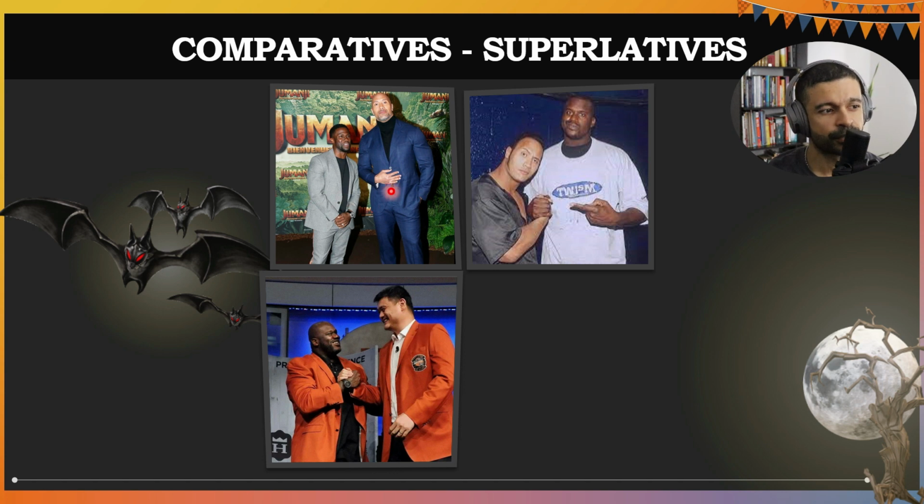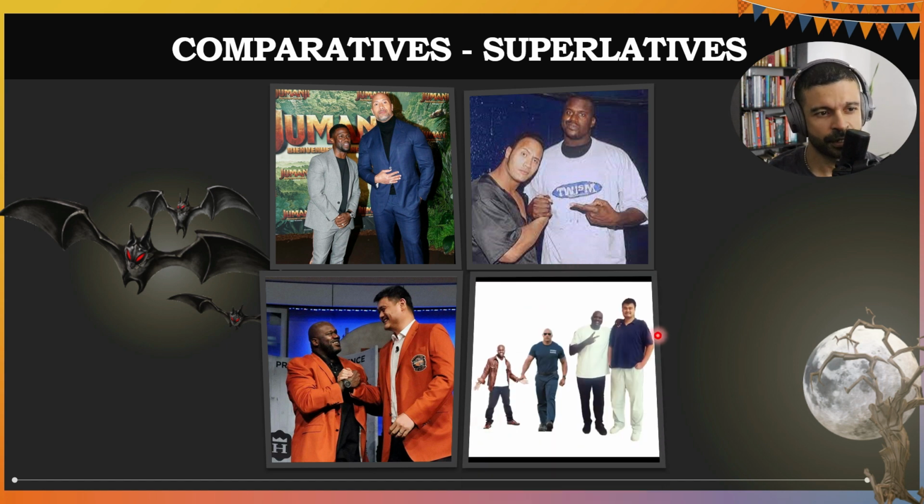So as you can notice, there is always a bigger fish in the sea. And here, if I would like to compare this guy against the other ones, I would have to use a superlative, and I would say he is the shortest of the four, and I would say Yao Ming is the tallest of the four. That would be a superlative. When I compare two, I use comparatives. He's shorter than him. The same here, the same here. When I put this one on top of the rest in that quality that I'm comparing, that would be small. Or using the other quality, tall, I put this on top, and that would be a superlative.